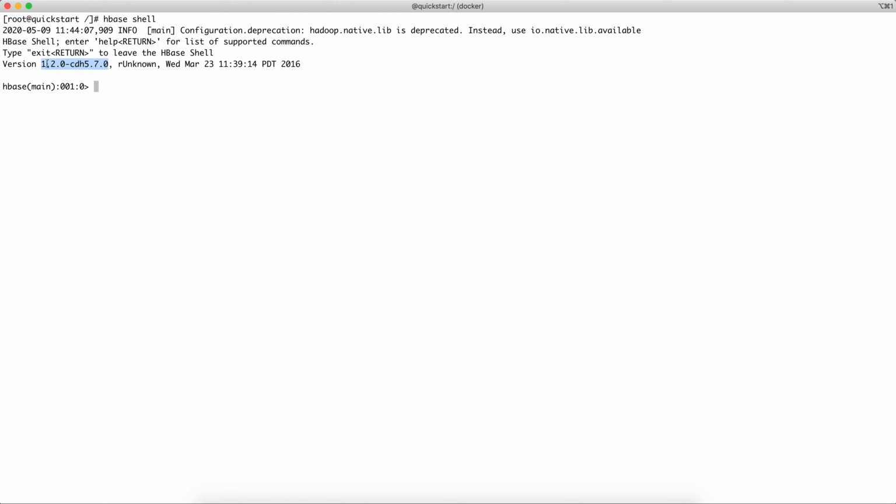Here it will mention all the things, like what is the version of HBase that is configured, etc. Once you are in the HBase shell, you can execute all the HBase related commands on it. Okay, and you have to type quit to come out of the HBase shell.